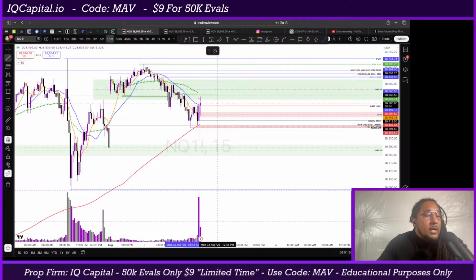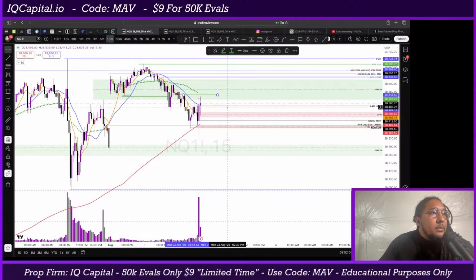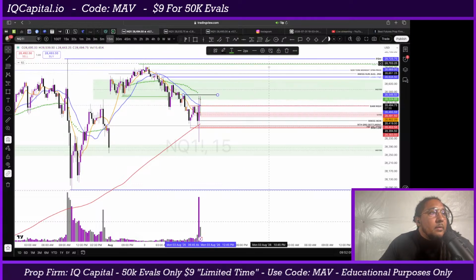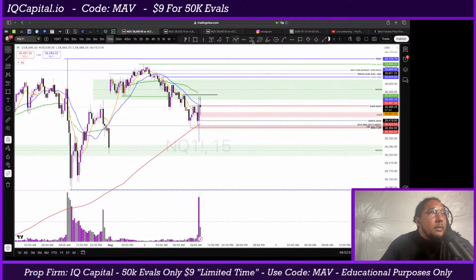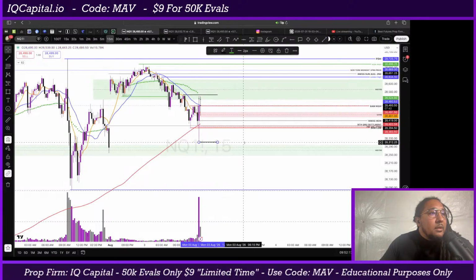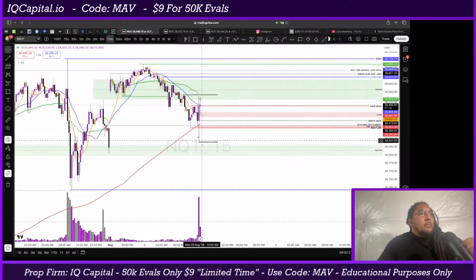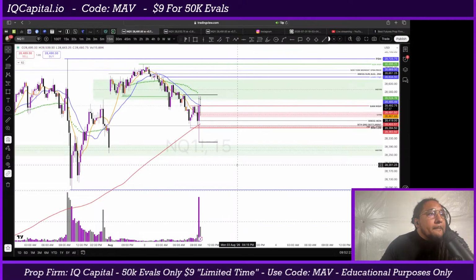we have these equal highs here, and I'll just mark these out. The equal high there, and we have this liquidity pocket here. I call it a liquidity pocket because I know there's a bunch of stop losses just sitting there after a lot of buyers went long. So